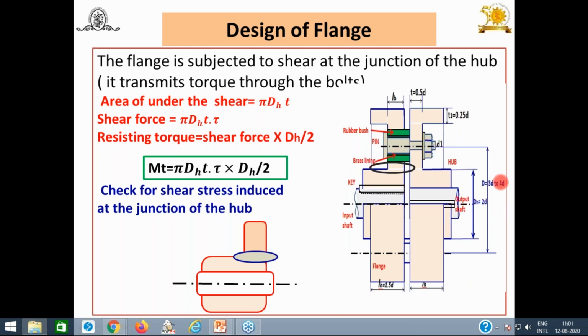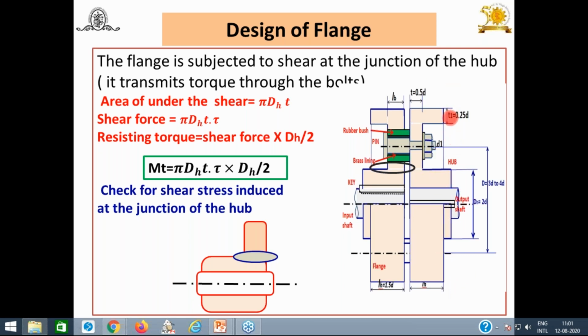Up to this PCD, you know, 3D to 4D, you are going to come to the center. Then again from the center, you can add the enlarged diameter of the pin. Then you can add the thickness of the bush lining, 2 mm. You can add 10 mm thickness for the rubber bush up to this. Then here you have to add a 4 to 5 mm gap and then add T1 equal to 0.25. That means from this center up to this, you will get the radius and you can multiply it by 2. You will get the outer diameter of the flange.